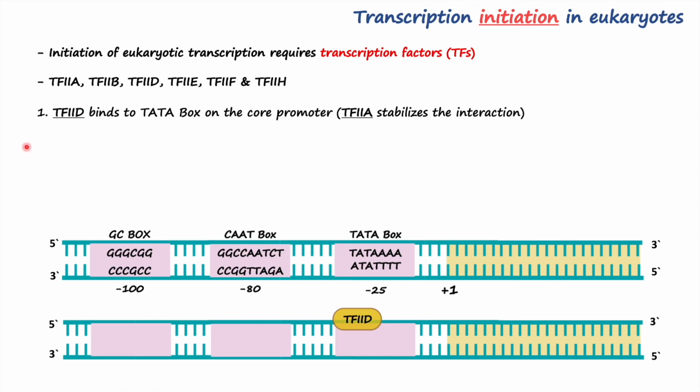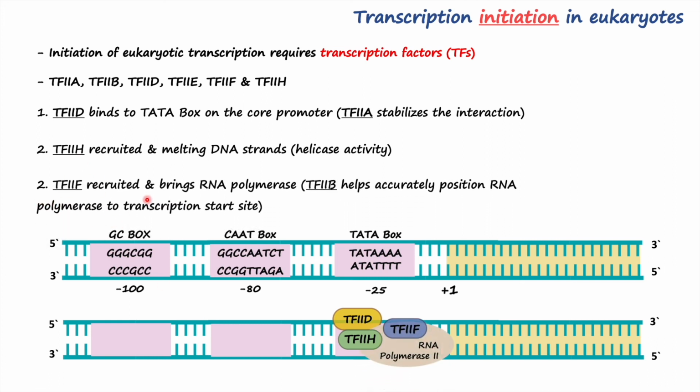So once this binds on the TATA box, it recruits transcription factor 2H, which performs the helicase activity to melt the DNA strand and start unwinding the DNA strand on the TATA box promoter region. And it also recruits transcription factor 2F, which brings along the RNA polymerase 2 enzyme to the transcription start site, and transcription factor 2B, which helps accurately position the RNA polymerase 2 enzyme on the transcription start site to initiate synthesizing a new